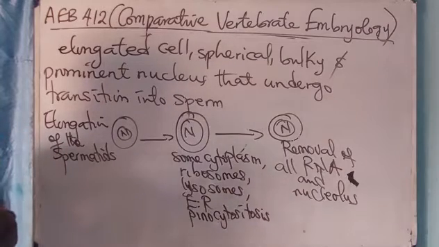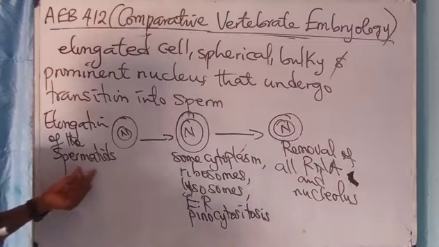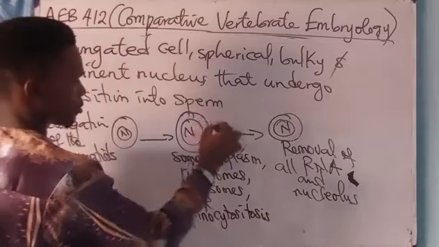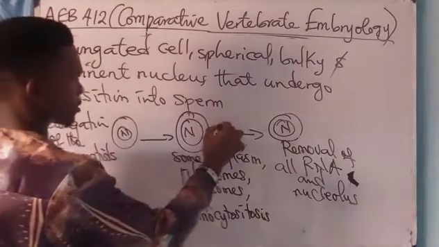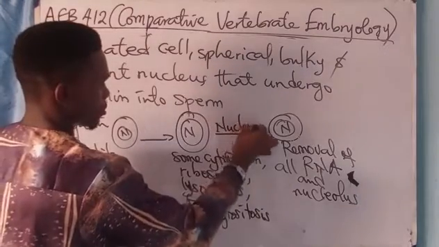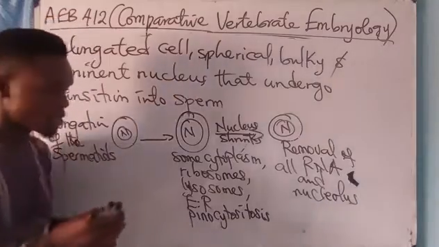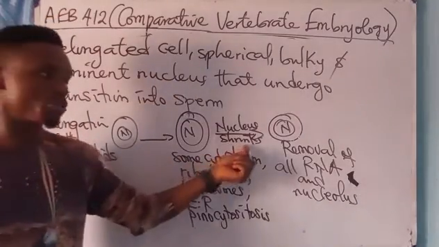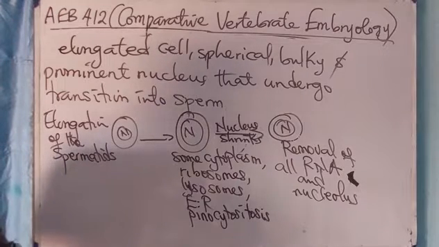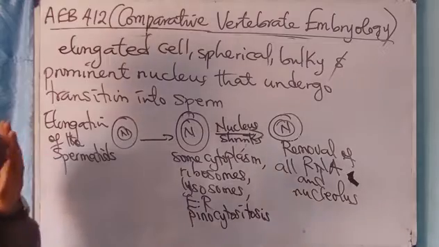Now, on a broad note, the spermatids would elongate. After elongation, the nucleus will shrink. Now, as soon as it shrinks, what happens? There is removal of water. It loses water from the nuclear pore. That is for that. And there's also the